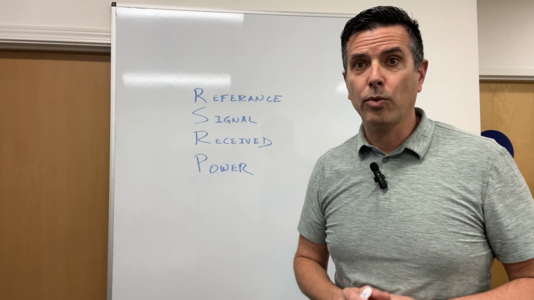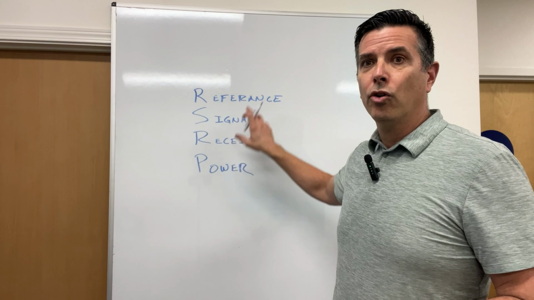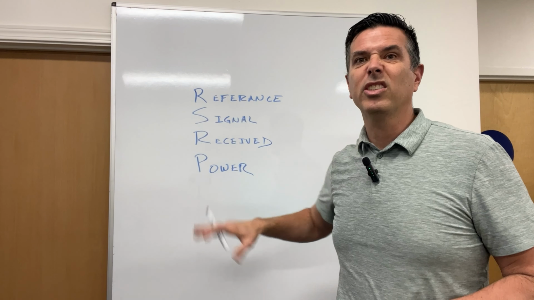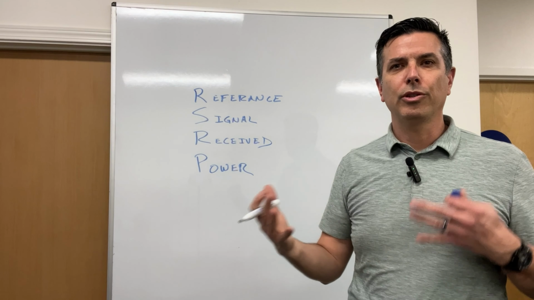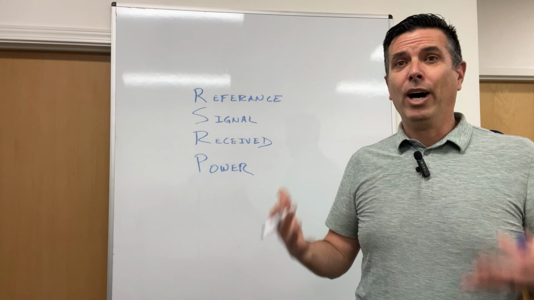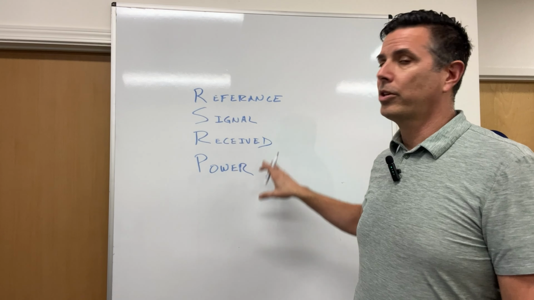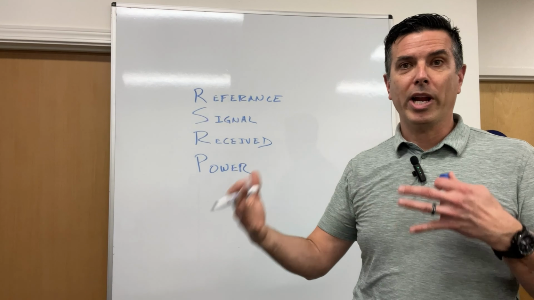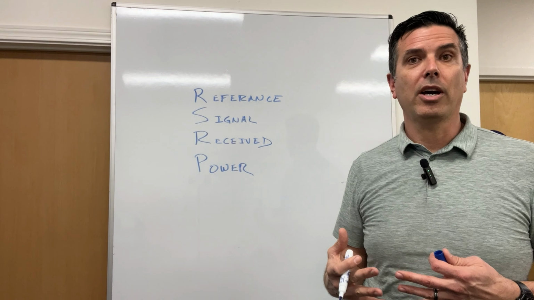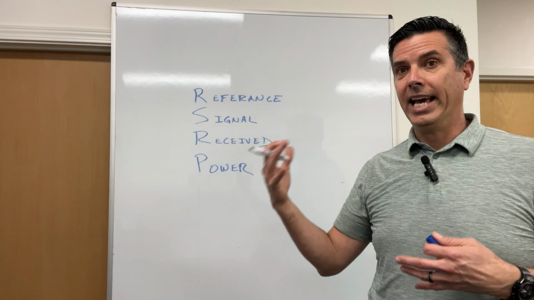Okay, so we're going to start with RSRP, reference signal received power. This is the most common metric you'll see when you look at cellular testing. How strong is my signal? For most systems, RSRP is very important. It's that break point and threshold that you'll see on a walk test to say, yes, this